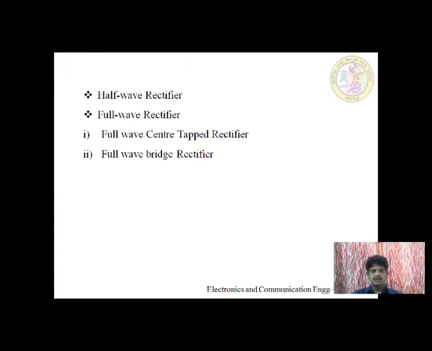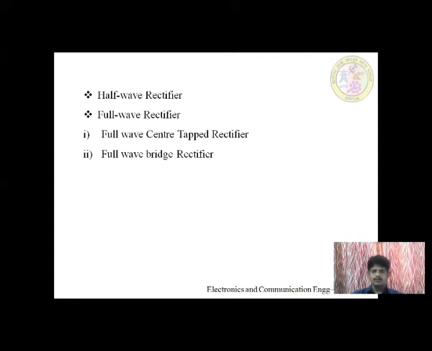circuits. In the full wave rectifier, we have two types. One is the full wave center tapped rectifier, and the other is the full wave bridge rectifier. As its name indicates, the full wave center tapped rectifier uses a center tapped transformer and two diodes. The two diodes are connected in such a way that one diode turns on and conducts for the positive half cycle, and the other diode conducts for the negative half cycle. Hence, the output will be present for both halves of the input signal.